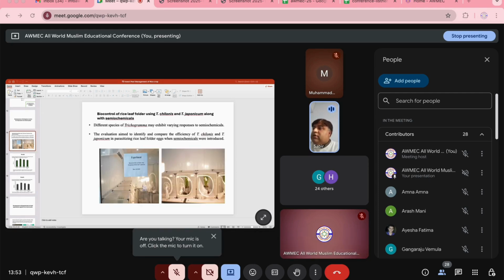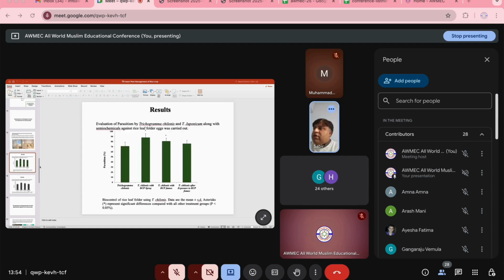Please go to the next slide. And we will use Trichogramma insects against the rice leaf folder. These are two insects, Trichogramma chilonis and Trichogramma japonicum. And we have developed here in Pakistan some chemicals to improve their efficacy. These two insects, Trichogramma